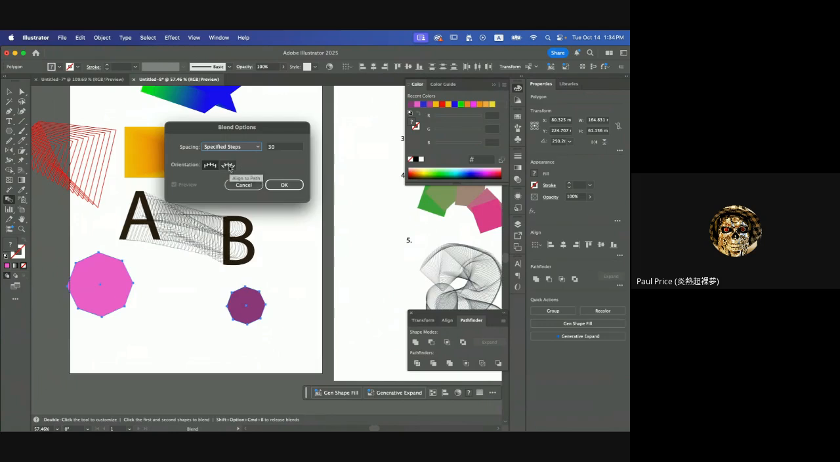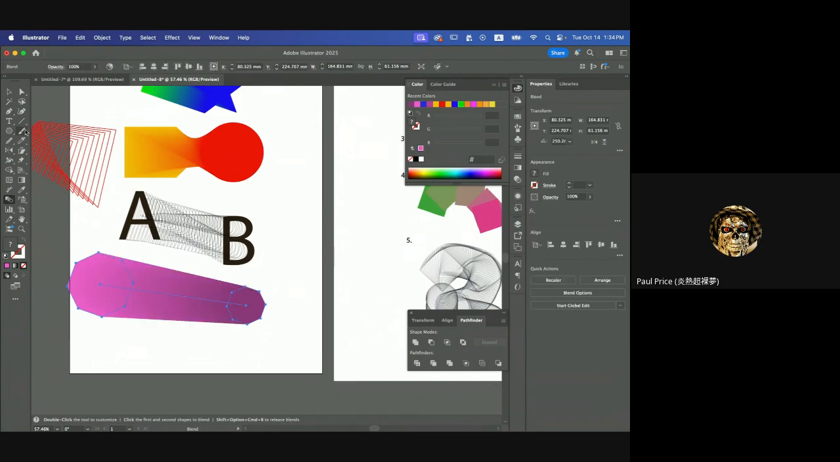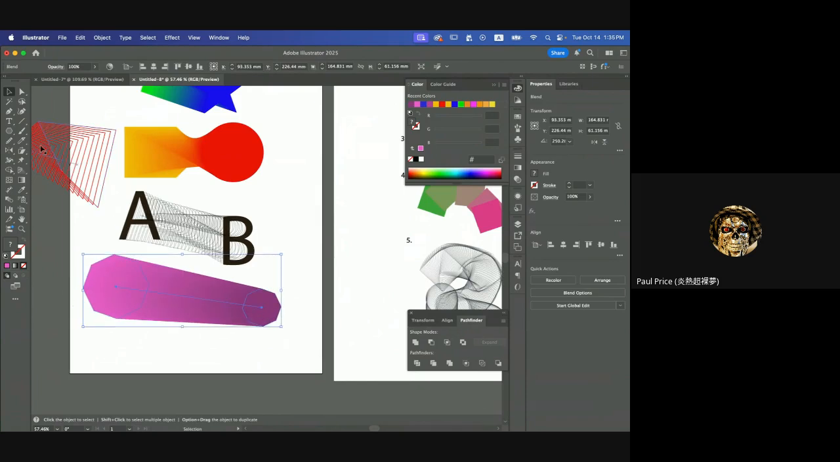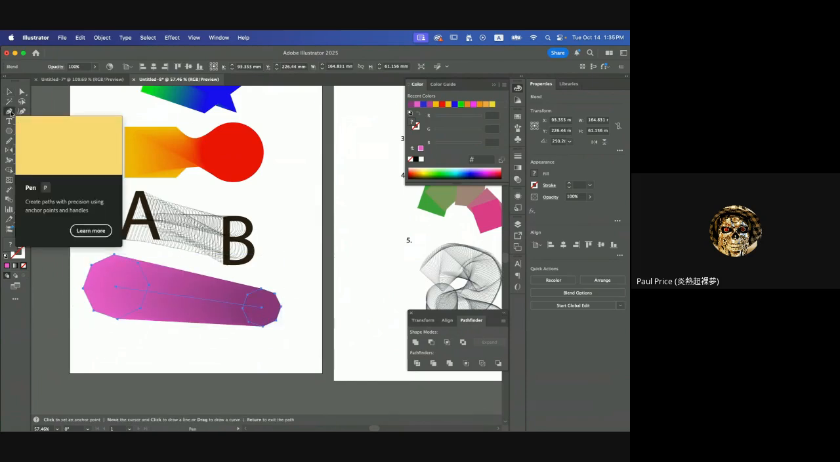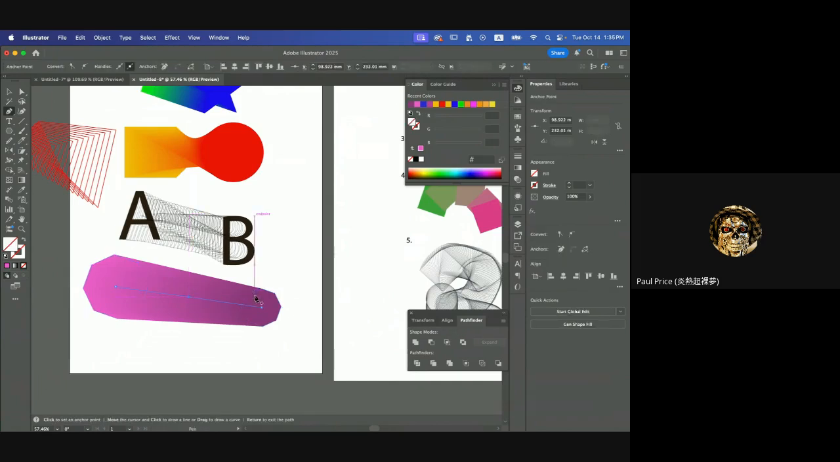So let's talk about the orientation. I'm going to click on that one and have this on smooth color. Let's do it from one tip to the other. Actually, if I bend this line over here, I could